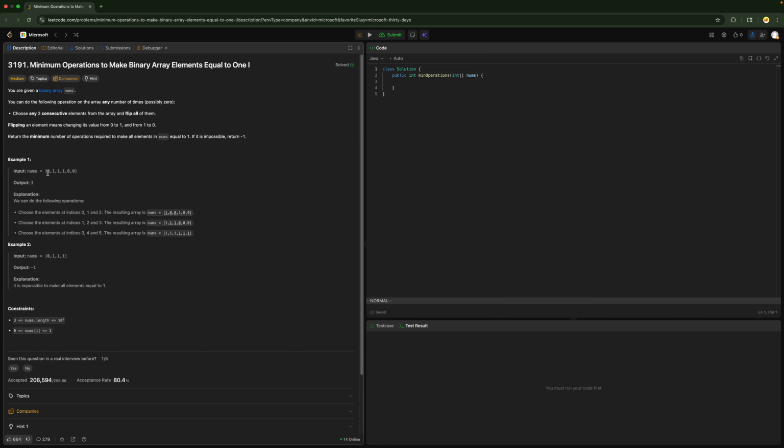Okay, so when we encounter 0, we have to flip. Okay, so for int i equal to 0, i smaller than n minus 2. I need a count, I'll call this result. If numbers[i] is equal to 0, then numbers[i] equal to 1, and also I need to